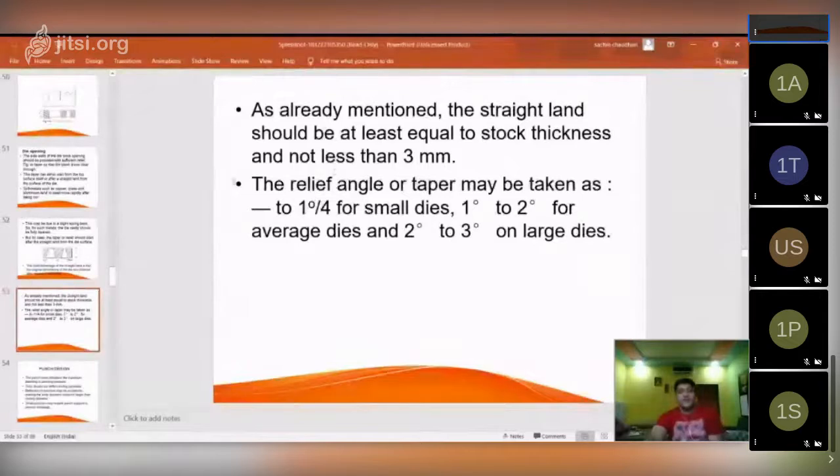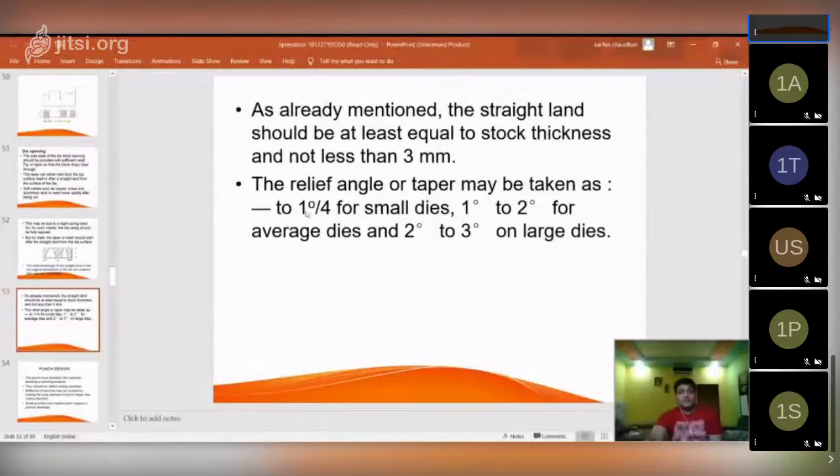Okay, and coming to the next, the relief angle, which is provided after the straight line in case of steel material, or which we directly provide as a taper for the softer material. So it can be taken as 1 degree by 4 for smaller dies.